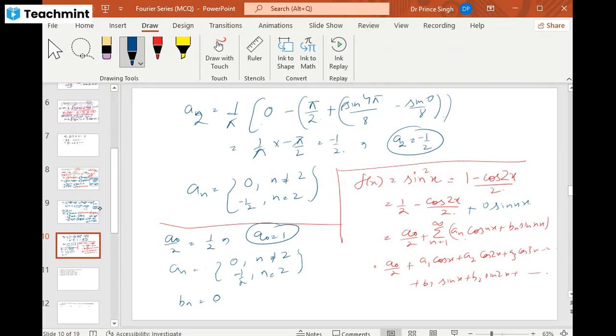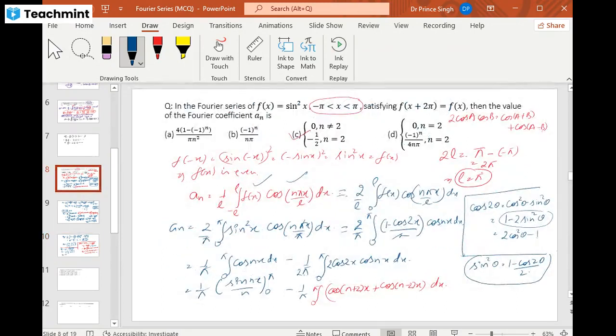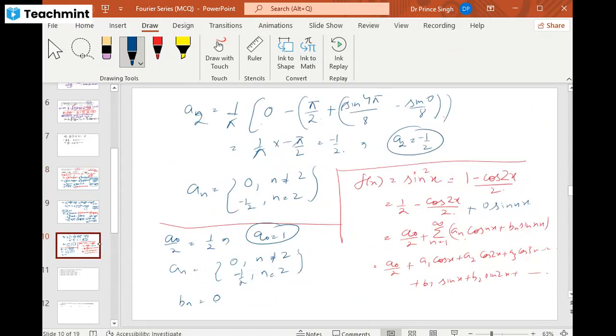So I have solved it to show you what the actual result is. If we proceed in this way, then it is a very tedious job to find out the value of the Fourier coefficient. But if your function is already given in the trigonometric form, in that case, if it can be expressed in a linear form in terms of sine and cosine, then we simply compare it with the Fourier series of the function. Comparing the like coefficients, we can get the value of the Fourier coefficient directly. So this is how we can get the answer. Okay,